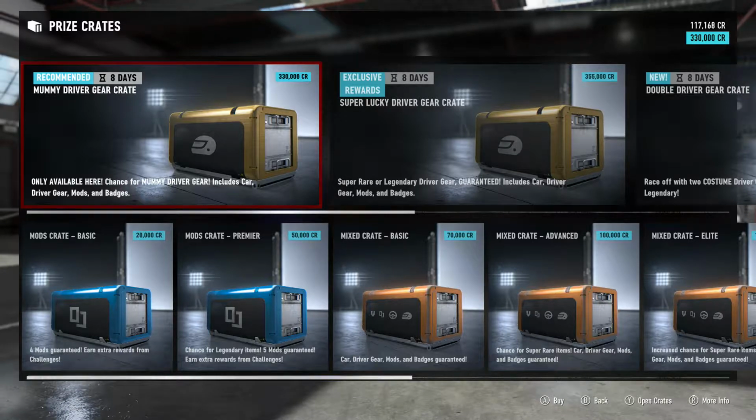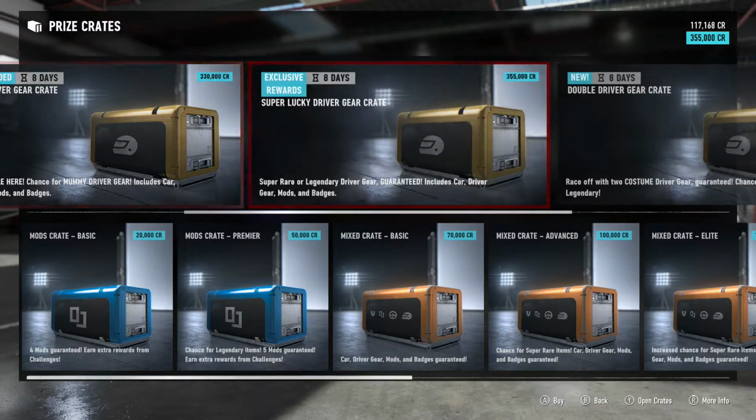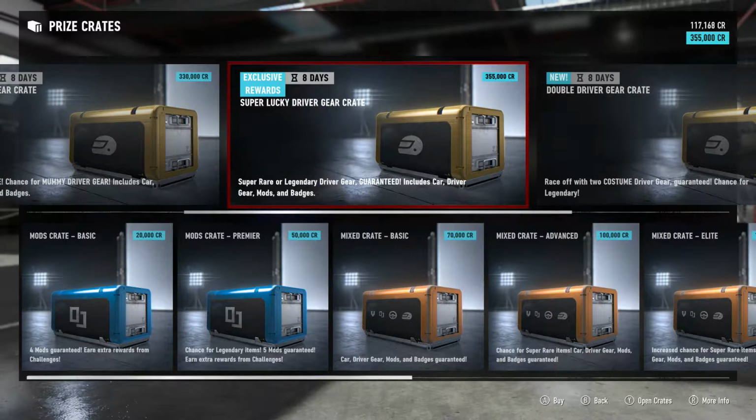So the mummy driver gear is one gear. It also includes a car, driver gear, mods, and badges. Look over here for 355,000 credits. You see exclusive rewards. Super rare legendary driver gear guaranteed includes car, driver gear, mods, and badges. So